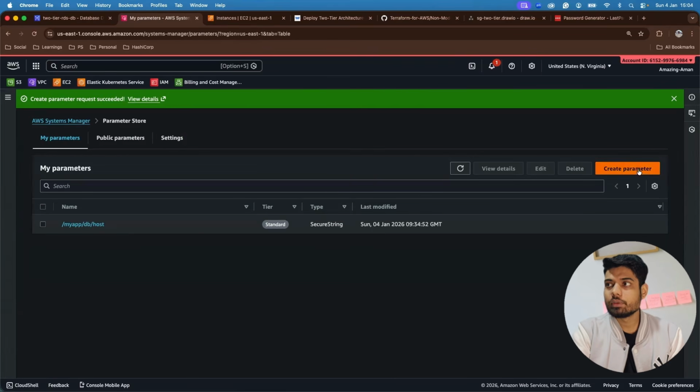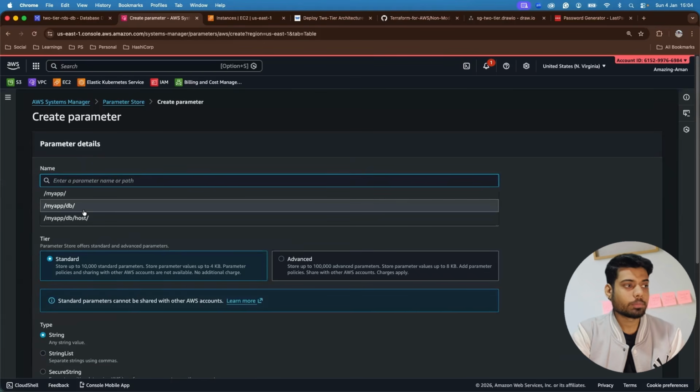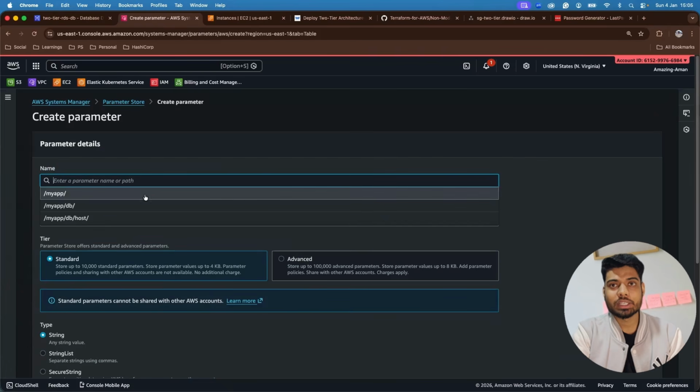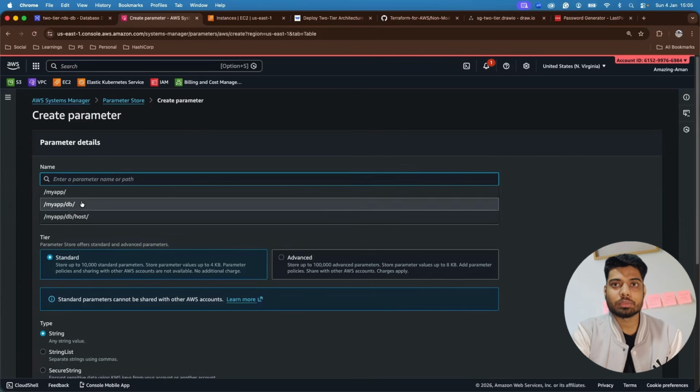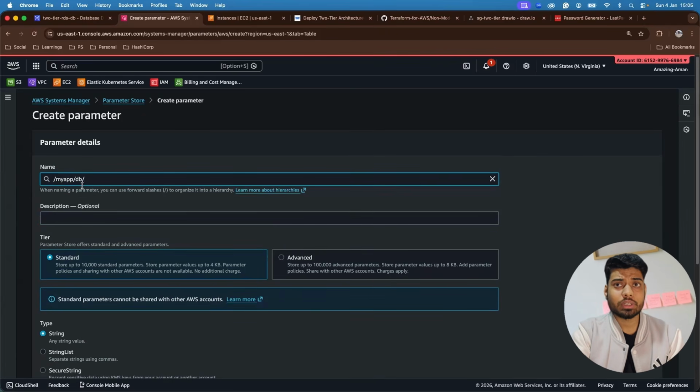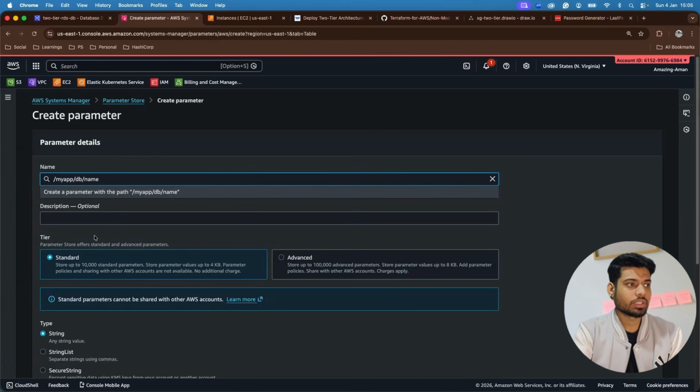And the next thing that we are going to do is select this path, and these are the paths. If you want, you can follow the environment-dedicated path like /dev/myapp. Then you can feel free to add the credentials according to your applications. So for that, DB is our service, I would say. So this time we will keep the name,